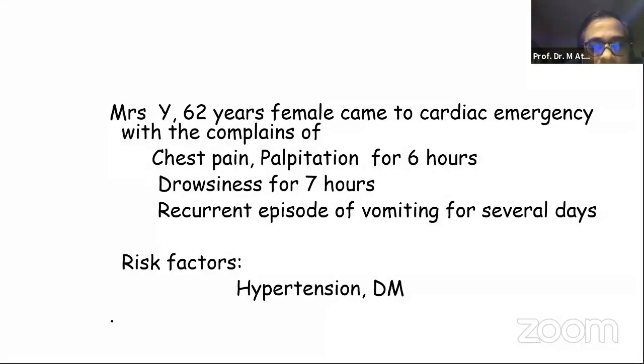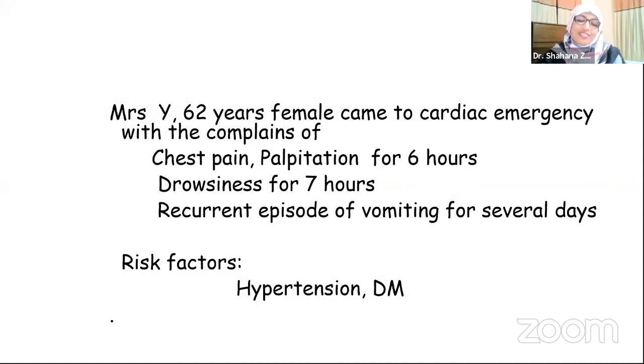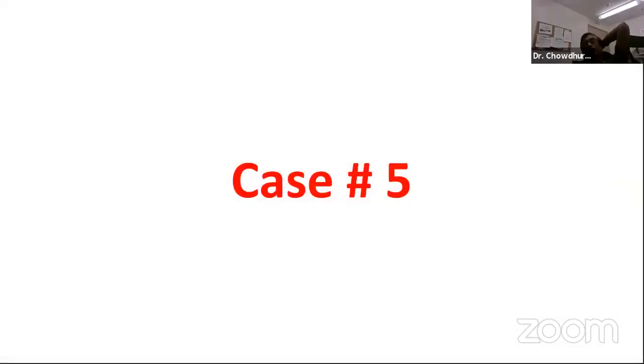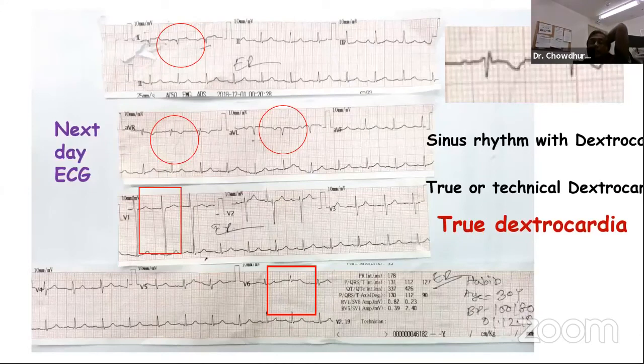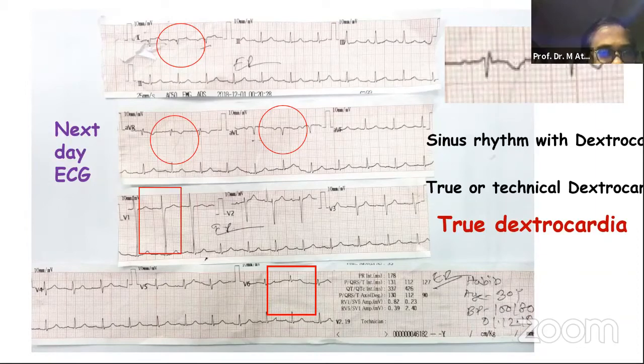Shahana, what is the cause of low voltage of the previous patient? Did you find any other finding? I don't know, sir. No further investigation was done. The patient was discharged. I did not find any other documentation. Atahar bhai, I would not read low voltage because in the precordial leads it is not bad. Limb leads not bad, and the precordial leads in the presence of dextrocardia. Remember, you have to read all leads in the precordium for low voltage, not just V5. Exactly. V1 is not low voltage, right? Yeah.